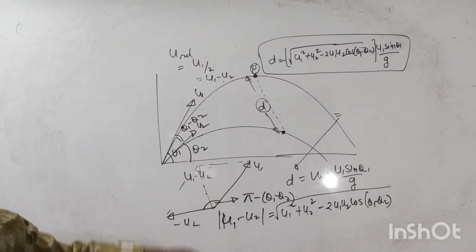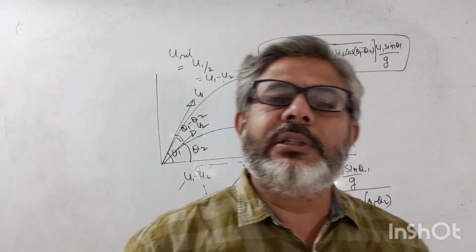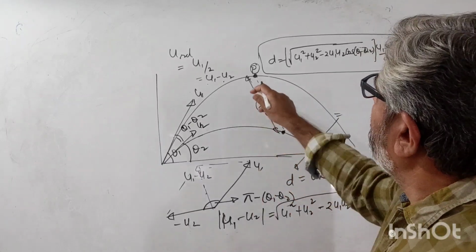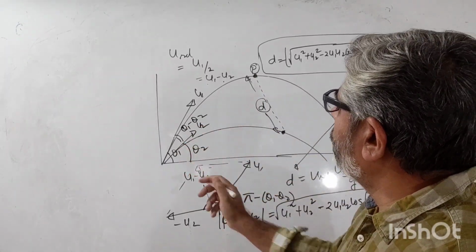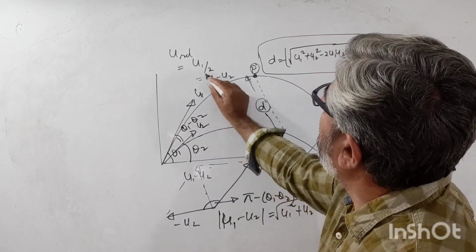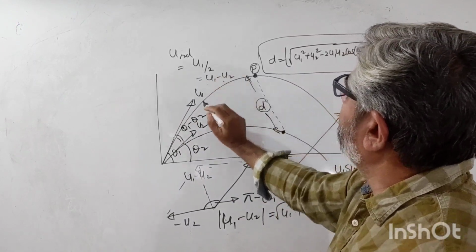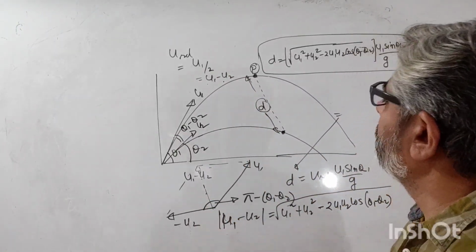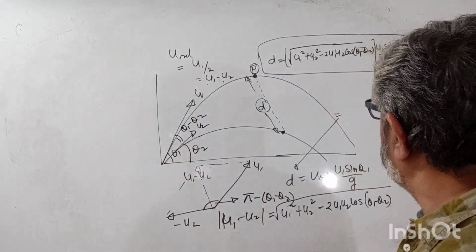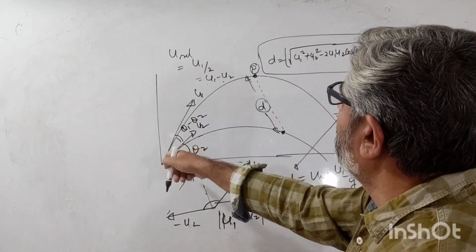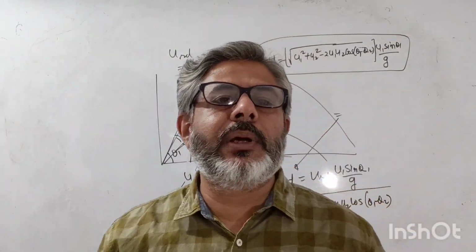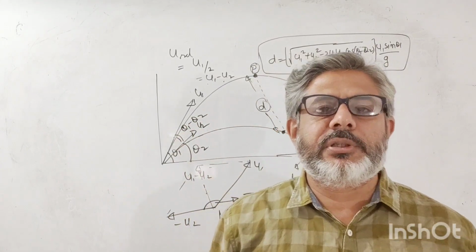So you can see this problem was very easy if you could understand just one thing, that when two projectiles are thrown under gravity, then their relative velocity remains constant. So initially you can find the relative velocity as u1 minus u2, which is, again I remind you, u1 vector minus u2 vector, which is root of u1 square plus u2 square minus 2u1 u2 cos theta 1 minus theta 2. If you know this relative velocity, simply multiply it with the time the first one takes to reach the maximum height, and this will give you your answer.